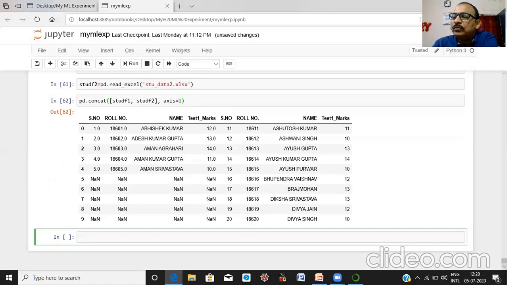Now we want to group the variables of our data set. For this we have to load our data set, the fruits data set.